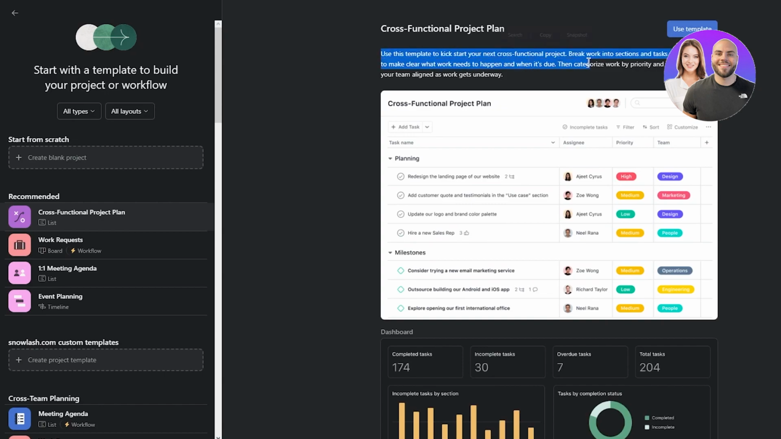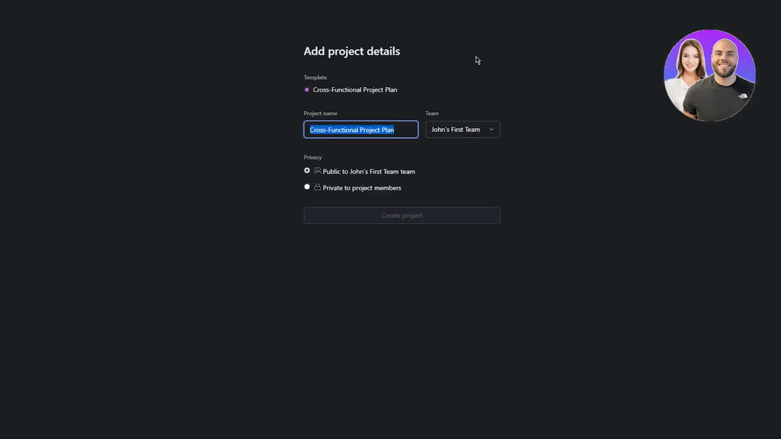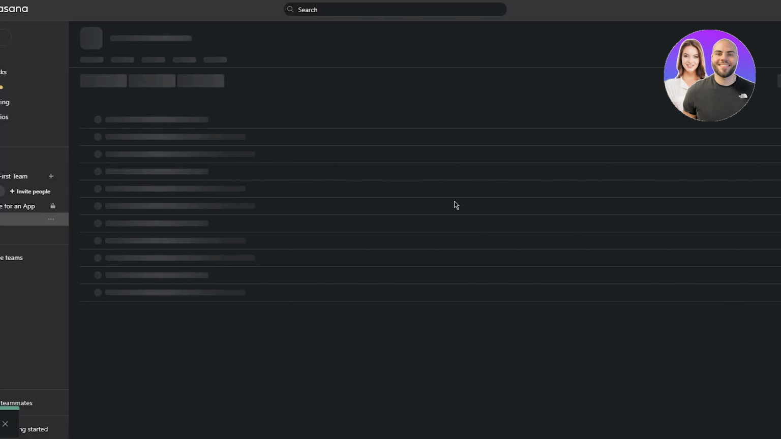So use this template to start your next cross-functional project. Break work into sections and tasks with due dates to make clear what work needs to happen and when it's due. And categorize work by priority and stage to keep your team aligned as work gets underway. So this is your basic task making. So we're going to go ahead and click on use template. So add project details. I'm just going to call this coding, okay? The team is obviously my first team, and once you do that, I'm just going to go ahead and click